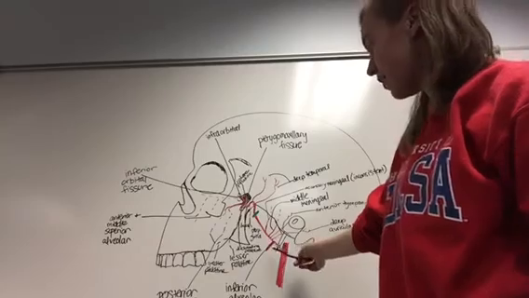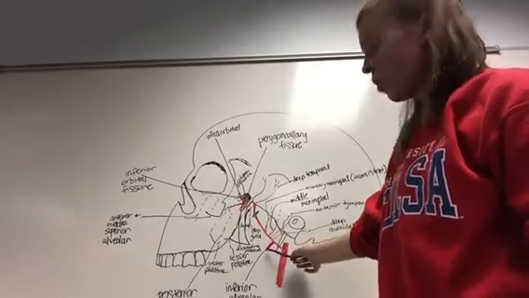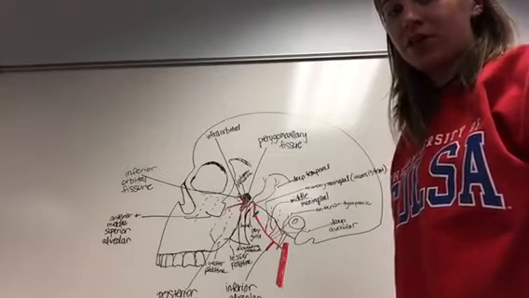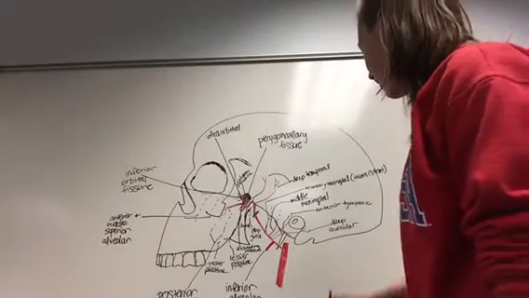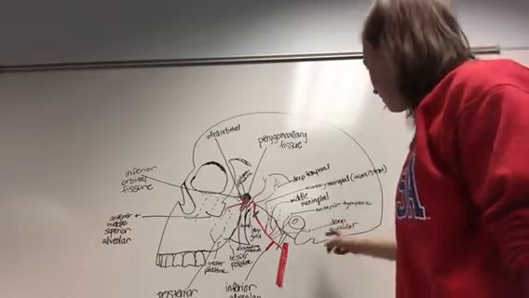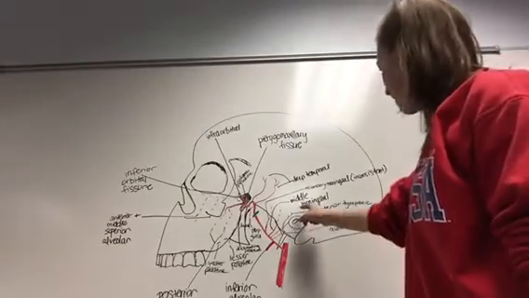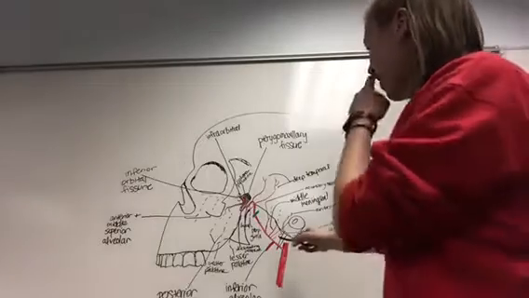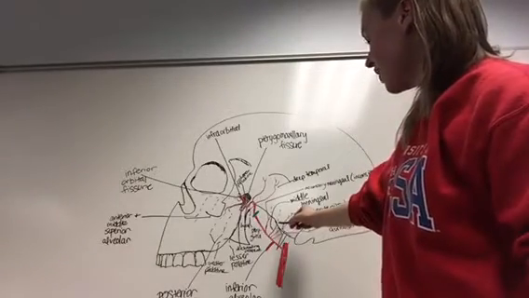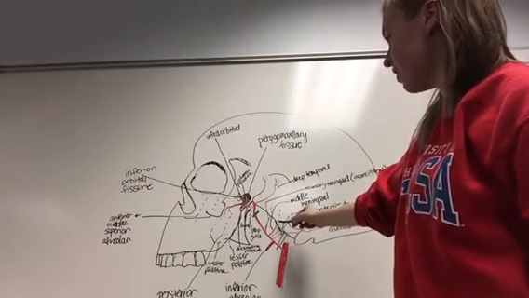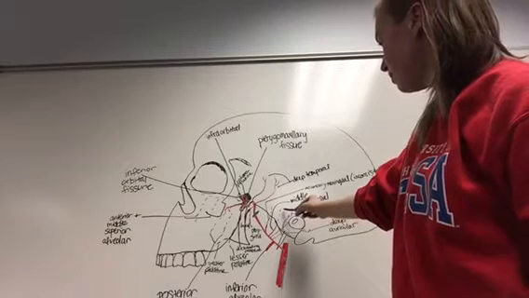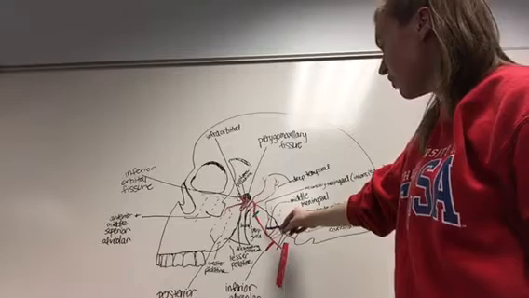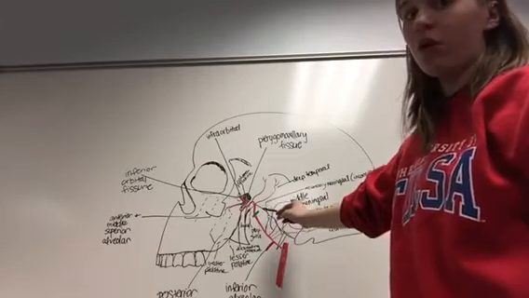It gives off the inferior alveolar branch here, which courses through the mandibular foramen and terminates as the mental artery, which is not shown. It gives off two branches to the ear, the deep auricular and the anterior tympanic branch here and here. And then it gives off the middle meningeal artery here, which enters the skull via the foramen spinosum. And it gives off the inconsistent accessory meningeal artery, which is shown here, which enters the skull through the